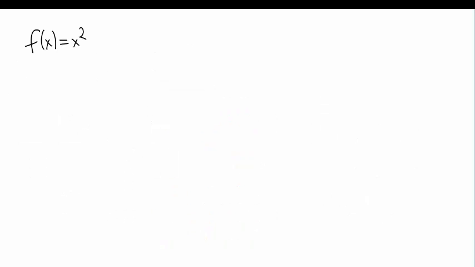How about f here? Is f one-to-one? Can we find two different inputs that have the same output? Let's take a look at the formula, x squared. So if I take a number and it's negative, I will always get the same output. For example, f of negative 2 is 4, and so is